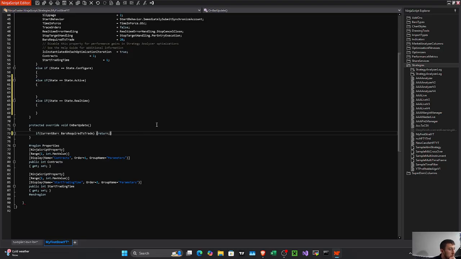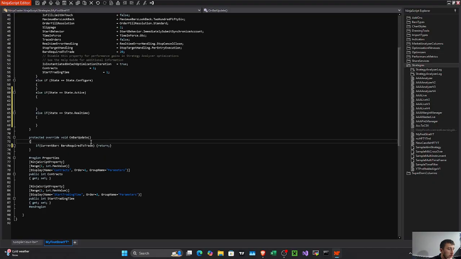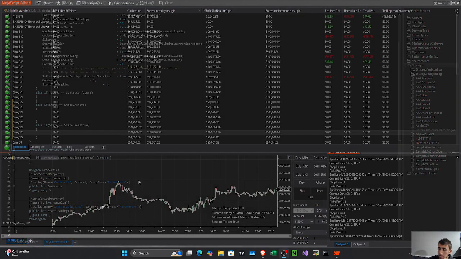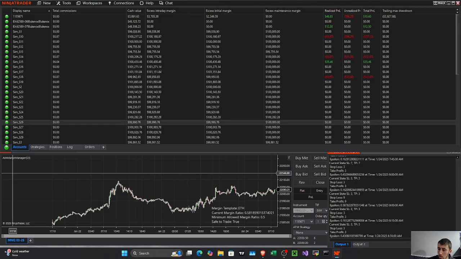Okay, so what is this doing? We have two variables here, right? Bars required to trade is actually right here. That is set in the defaults. Right now it is set to 20. Then we have current bar. Now what is current bar? So current bar